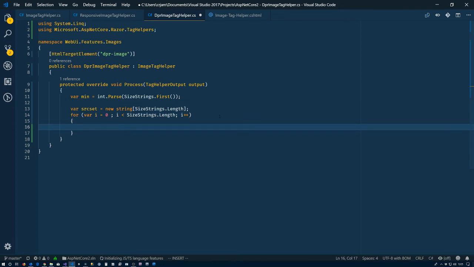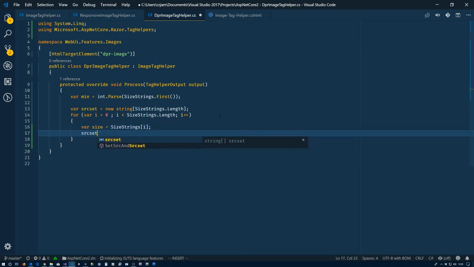Perfect. I guess we could just foreach on that, but whatever. For size equals size strings i, and source set, oops, source set i guess that'll be Y. Template string, so the source set here. So what we need is to have